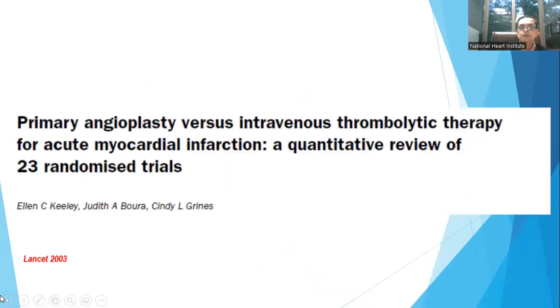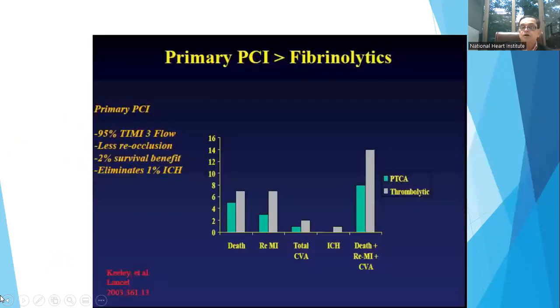So this issue was addressed when we had primary angioplasty way back in 2000. And in 2003, there was a meta-analysis presented by Keeley, where primary angioplasty was compared with intravenous thrombolytic therapy for patients with acute myocardial infarction, and it was a meta-analysis of 23 randomized trials. As we can see, compared to fibrinolysis, primary PCI offered TIMI-3 flow in a major chunk of patients. There were fewer chances of reocclusion. There was a better survival benefit, and obviously the risk of intracranial bleed, which was a concern with thrombolytic